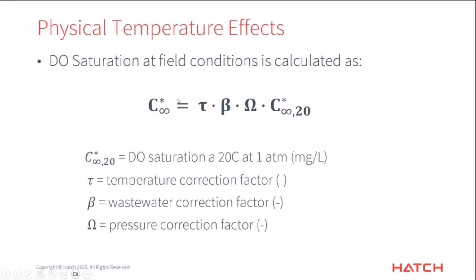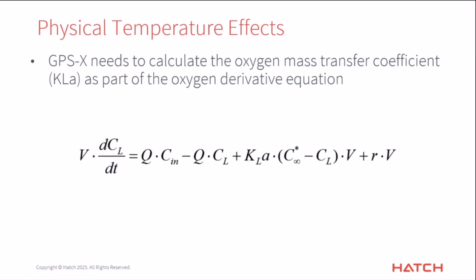So the saturation concentration is this thing here, C star infinity. And you can see that it is basically taking the value of saturation at 20 degrees and then multiplying it by some correction factors and so on. This is actually dependent on many things, including temperature and depth. So what we're doing is coming up with a number for our field conditions, and that saturation value could be different depending on what the temperature is. Now, why is that important? That is important because it is part of the driving force that brings oxygen into the liquid